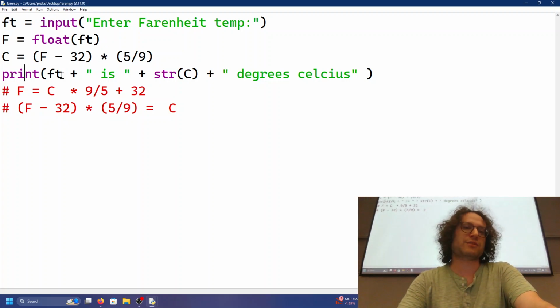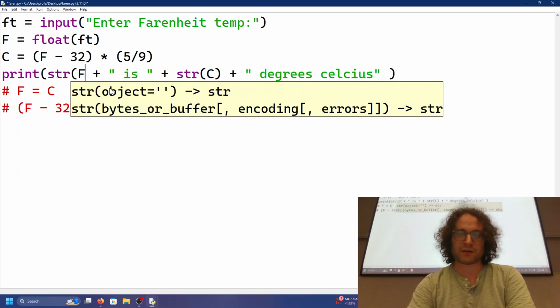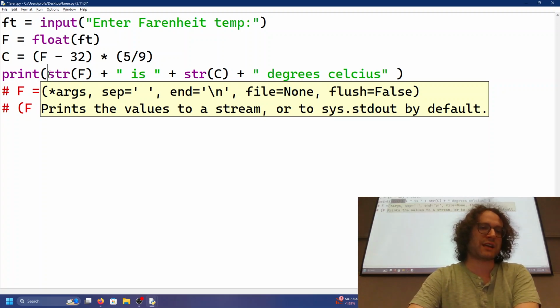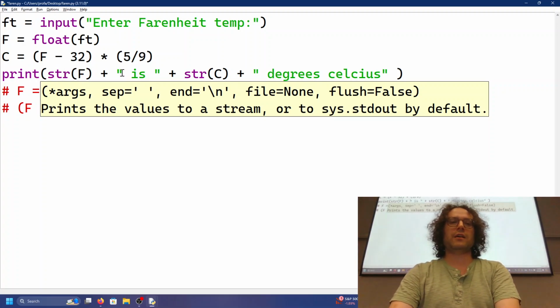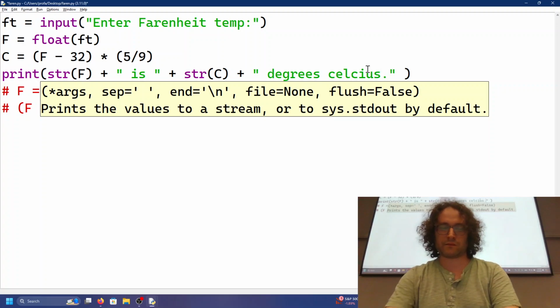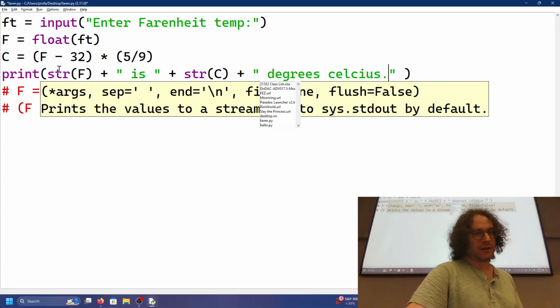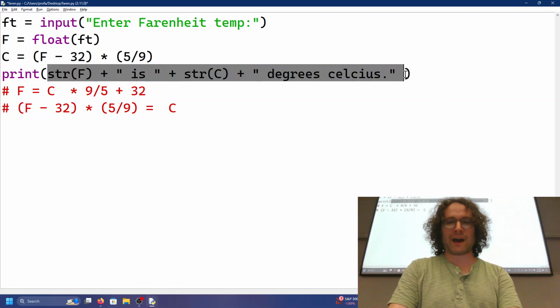Okay? And then over here is the print statement. This might be a bit easier to see over here. So we say, turn this variable into a string, because that's a number. Turn this variable into a string, and then glue it together with the word is, which is then glued together with the Celsius answer, and that's glued together with degrees Celsius. So remember, you'll do a lot of print statements like this. There's nothing stopping you from having done this